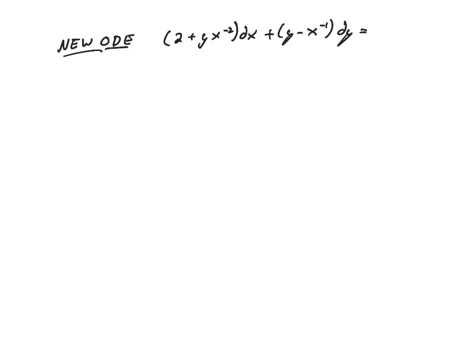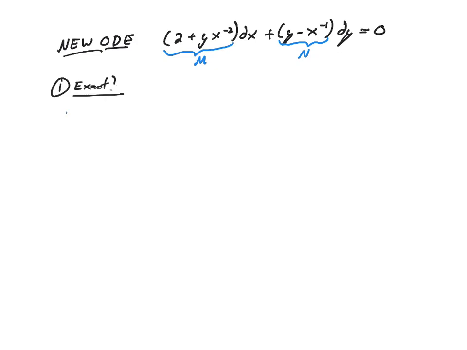All right, so from our new ODE, I'll just rewrite it again: we have 2 plus yx to the negative 2 dx plus y minus x to the negative 1 dy equals 0. Now it still has that new ODE smell, so let's name them our normal things. I'm going to overload m. I'm going to call this one m again, and this little guy n. And the first thing I'm going to do again is check: did this thing even work? Is it exact yet? Hopefully.